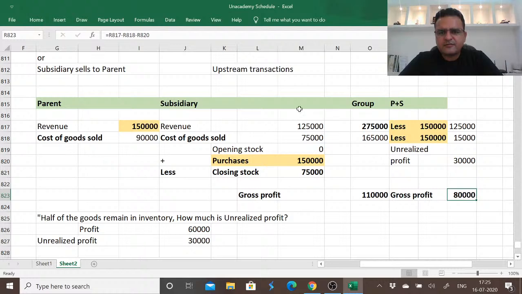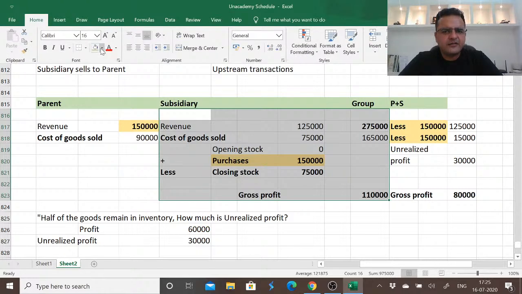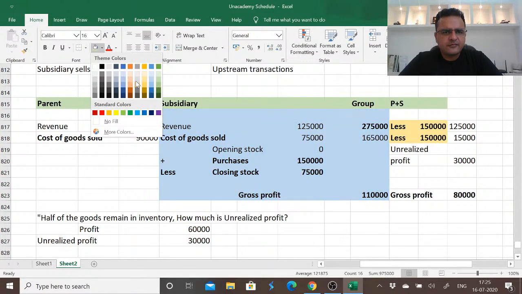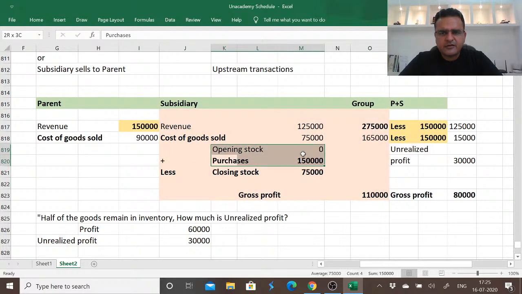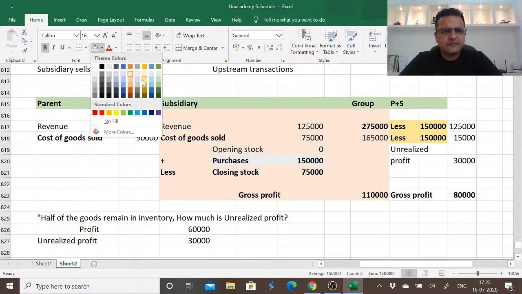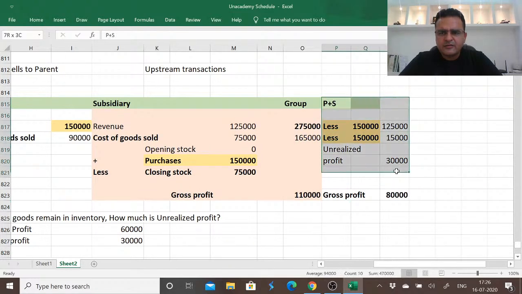So if you noticed, this was the treatment before any adjustment. The intragroup transaction was this 150, 150. The intragroup transaction revenue and cost of sales we have already treated. The second thing to be treated was unrealized profit, 30,000. This is one way of doing it. The second option is